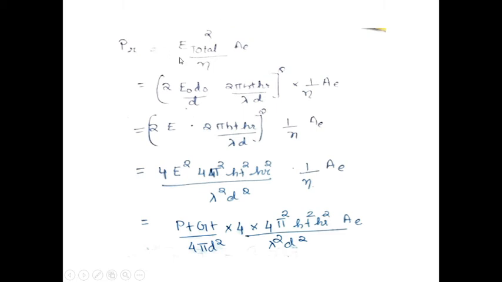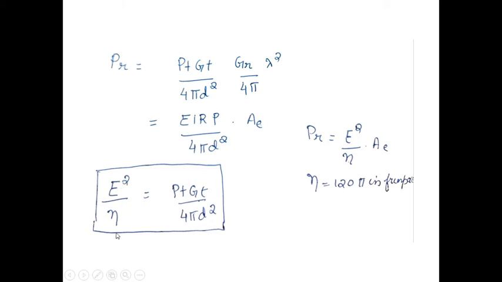So we have got our E square, we have got our expression for E total. That is 2 E0 D0 by D times 2 pi HT HR by lambda D. You have to remember this expression for the total electric field, as you have to do the numericals and further solving it. Okay, and then we can replace, as I told before, E square by eta